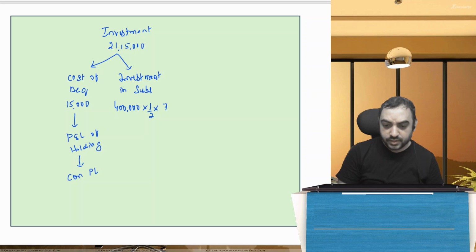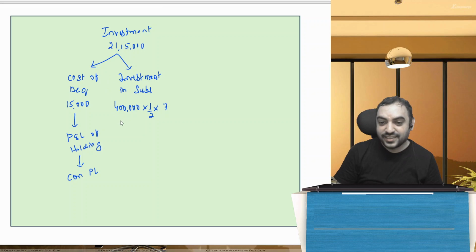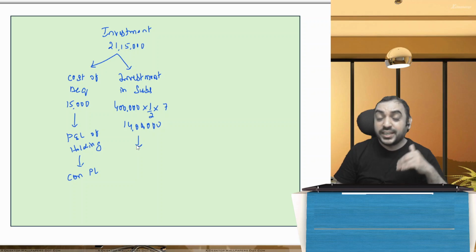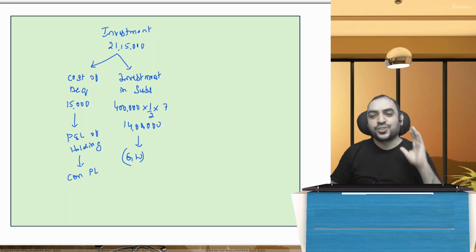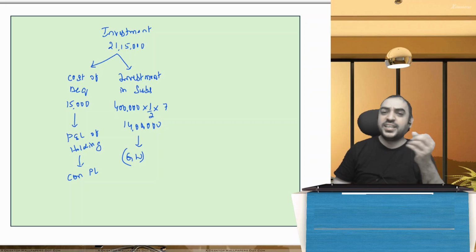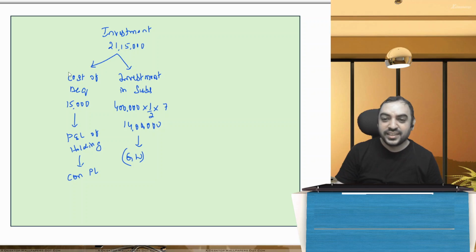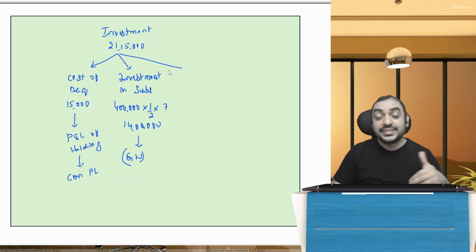400,000 divided by 2 into 7. You get 14 lakhs. Now this 14 lakh will be part of investment in subsidiary. So in our working note format, this will be taken to the goodwill column. Basically, in the calculation for goodwill, investment in subsidiary will be set off. The balance investment is other investments,